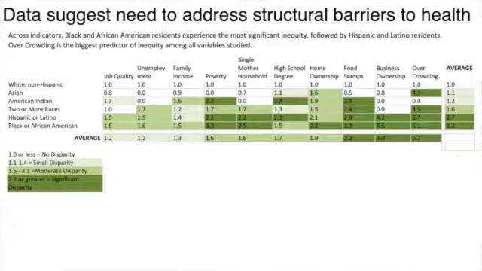We used one color instead of many colors and shading, and we ordered the data so that the greatest inequity by the measure and by the racial group all sort of combined over there on the right side, so your eye is looking like, oh, I see, okay, it's food stamps, business ownership, and overcrowding that seem to be the problem, and they're the biggest problem for Black or African American residents and Hispanic or Latino residents.